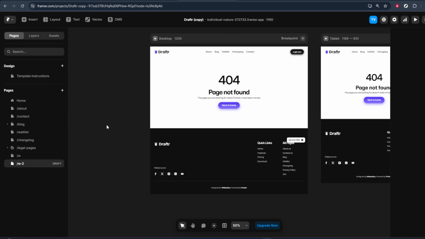This is where you can safely experiment, change text, swap images, update components, or adjust layout and interactions without affecting the original page. If you're building multiple versions of a design, like different landing pages or alternate screens, duplicating is a simple and reliable way to keep everything consistent while still exploring variations. And that's all there is to it. Hover over your page, click the 3 dots, choose Duplicate, and then customize your new page as